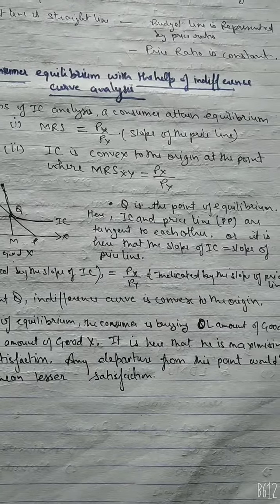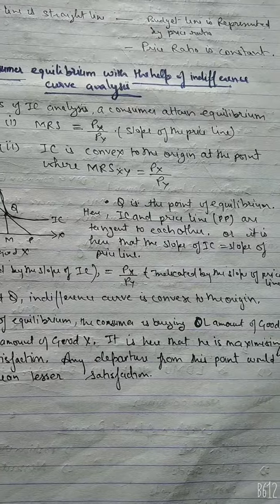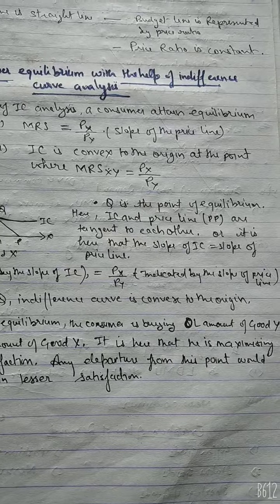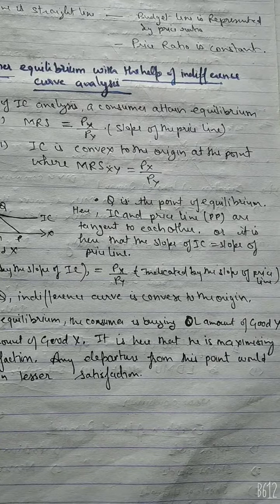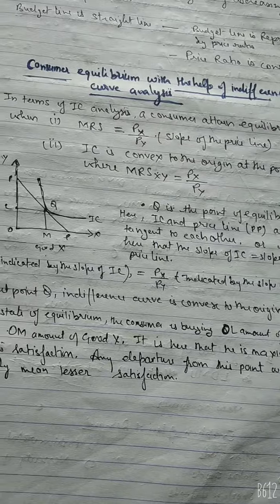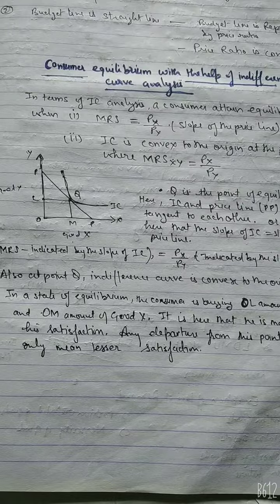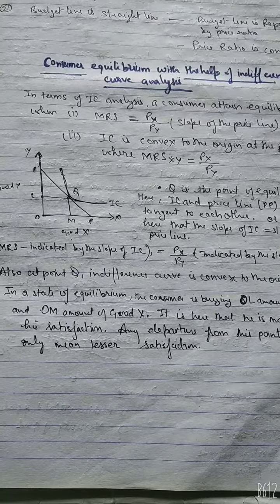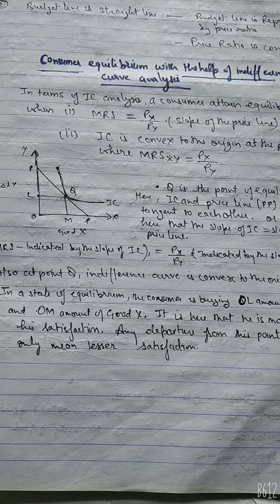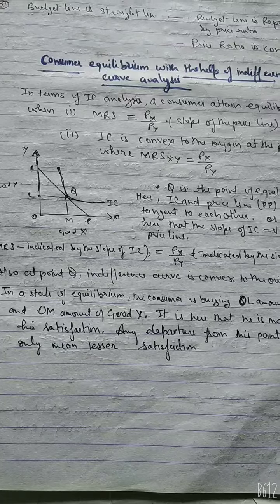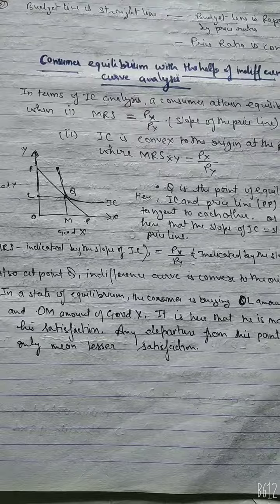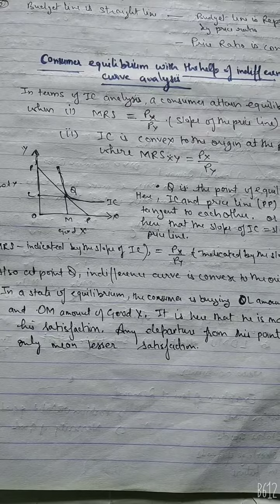To show the consumer equilibrium graphically, two basic tools are required: the indifference map, that is, a set of indifference curves representing the scale of preference, and the budget line representing the money income and prices of the two goods. The aim of the consumer is to obtain the highest combination on his indifference map, and therefore he tries to go to the highest indifference curve with his given budget line. He would be in equilibrium only at that point which is common to both the budget line and the highest attainable indifference curve. Consumer equilibrium is the point where the budget line is tangent to the indifference curve.